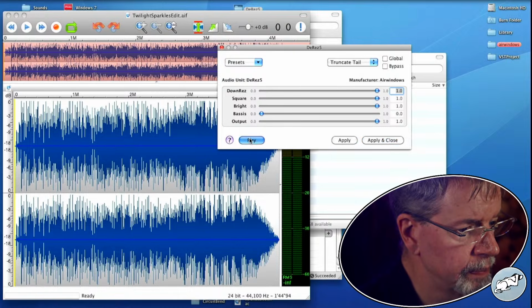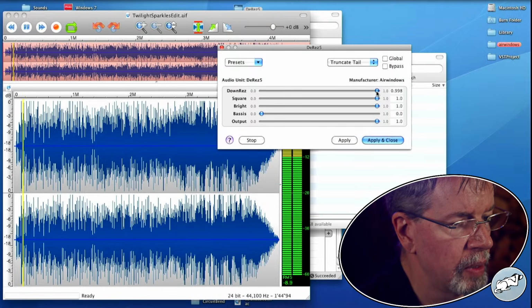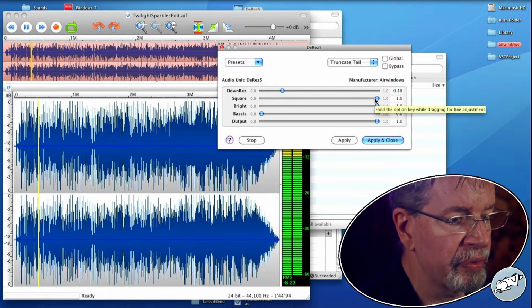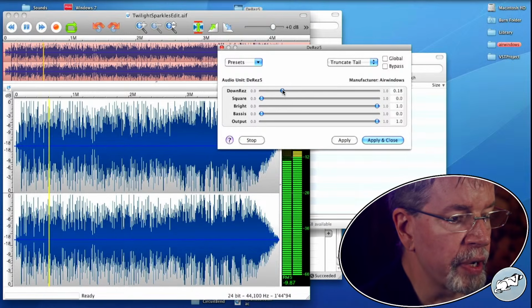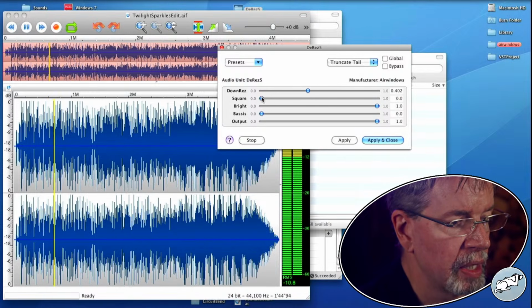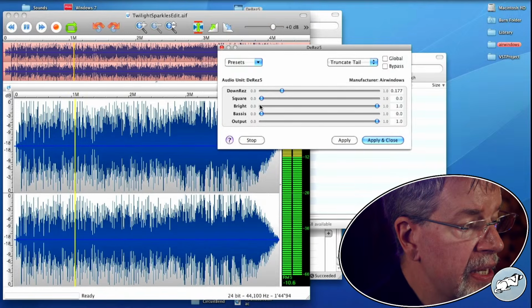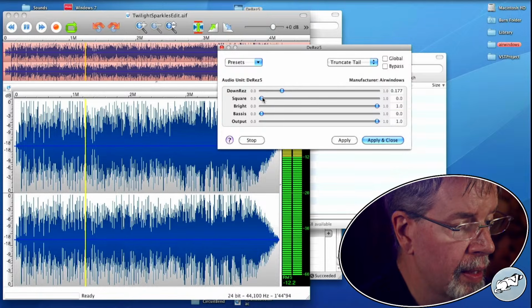Here we are. Here's our audio. There's our square wave. There's our filtery. And in fact, the bringing square in more gently is working.